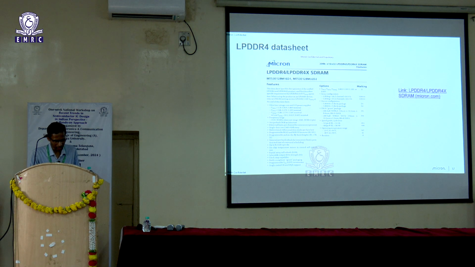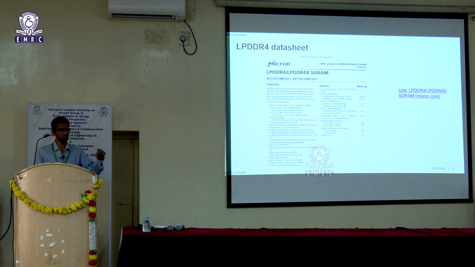So, let us look at the data sheets. What is typically captured in an LPDDR4 data sheet? If you look at here, we have 3 different supplies, VDD1, VDD2 and VDDQ. VDD1 is typically higher in terms of absolute value. The nominal value, if you see, is 1.8 volt, and VDD2 is your core supply. All your memory cells operate on the VDD2 supply, and VDDQ is the IO supply. This is what the CPU interfaces with.